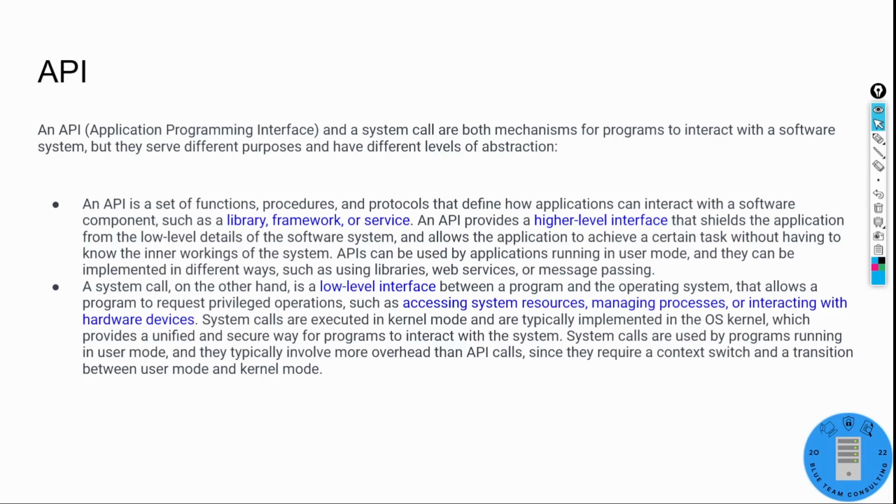So think of an API, it's basically pulling information and interacting with software, such as libraries, frameworks, or services at a higher level interface application layer than a system call, which is going to be a very low level interface, kind of directly asking for the ring 0 privileged operating system actions, and it's going to be asking for things like system resources, managing processes, or interacting with hardware devices,